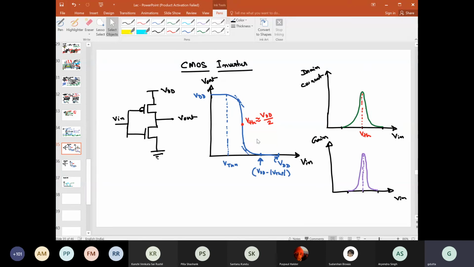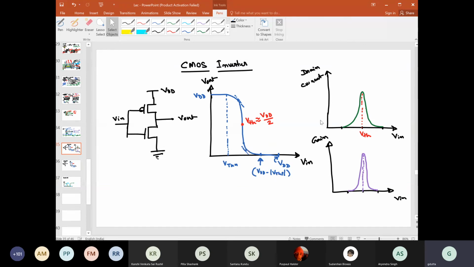So you know from this that below this point this NMOS is off, above this point this PMOS is off. Right, but what is happening in between, particularly in this region? In this region, both transistors are operating in the saturation region, right? And here one is in saturation, one in the active or triode region. Here, the same one is in saturation, the other one is in the triode region.